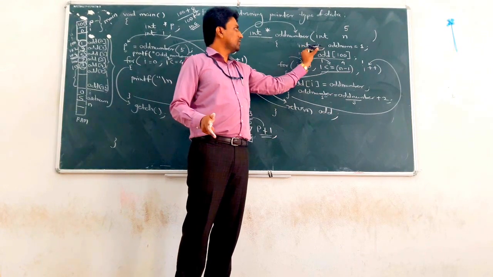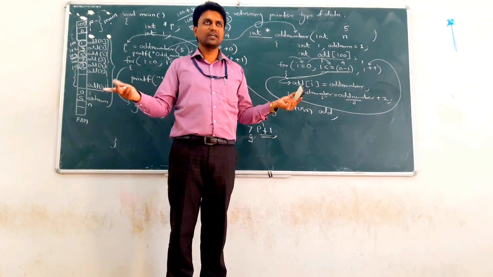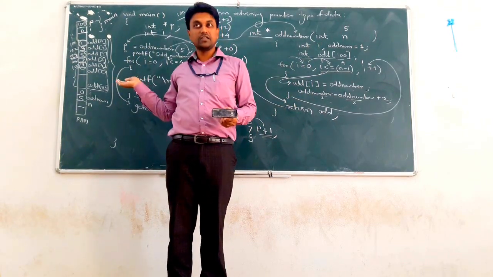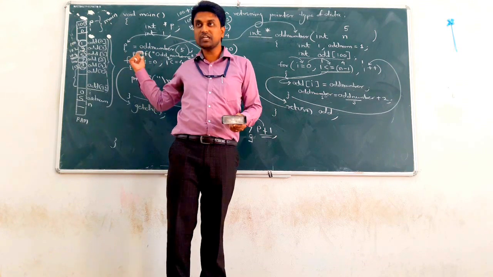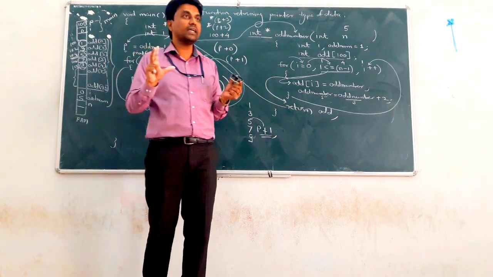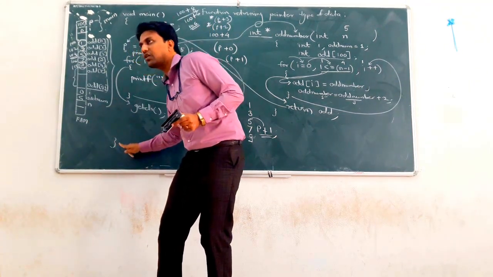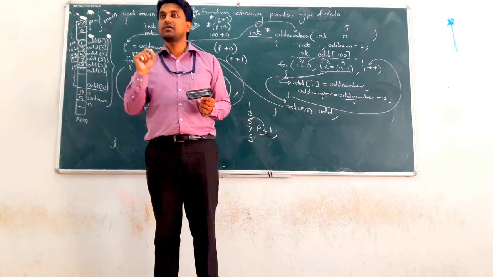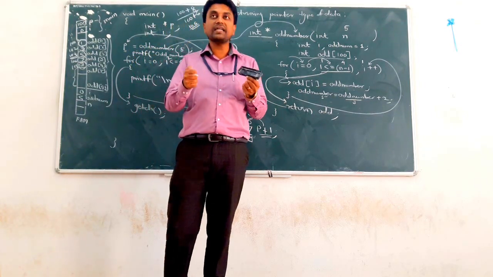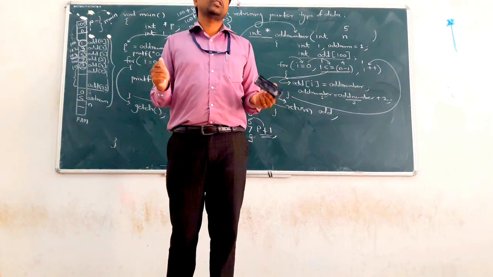All okay, no problem. I, odd, and n are local. Their influence is not here in the main function. But what we require in the main function is an odd number array, and we want that array to be live at least till the curly brackets of the main function get over. Clear? We want the odd number array to be live throughout the program execution.